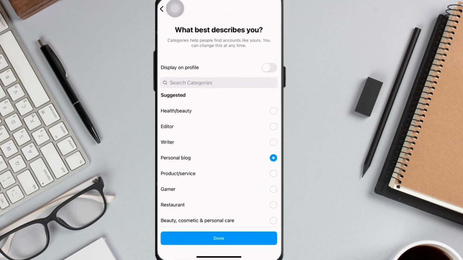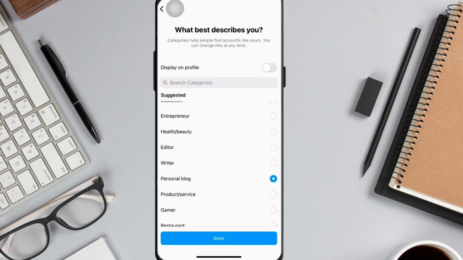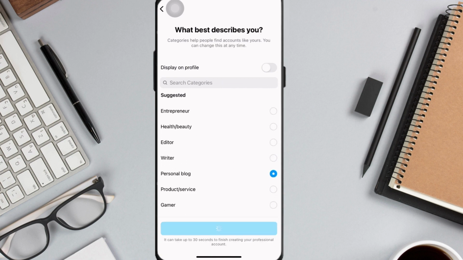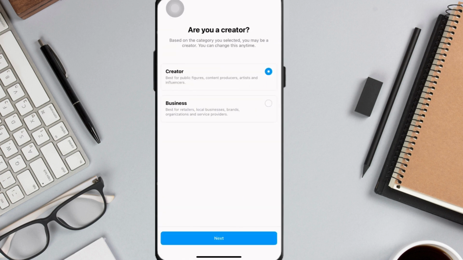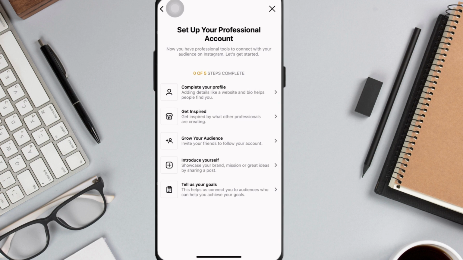And in this page, you will have to choose the category that best fits your profile. So as for me, I just chose personal blog and click Done. And in here, doesn't really matter, so click Next and your account is now a professional account. And when you go back to your profile, you will see a professional dashboard